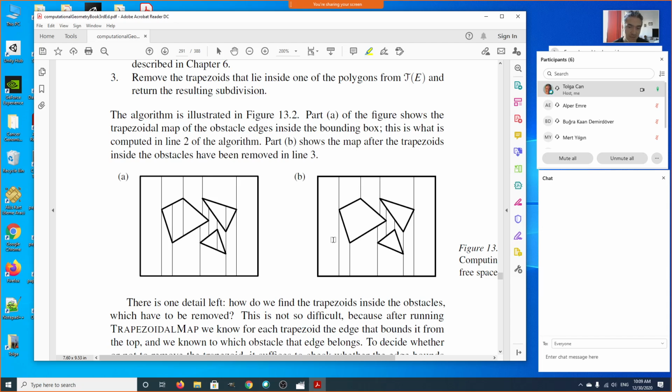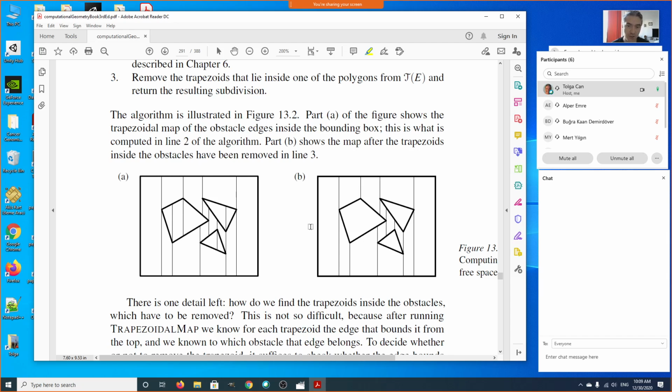This can be established by writing code to determine whether a trapezoid is inside or outside an obstacle. We know the edges of all these polygons, and we know how the edges bound the inside of the obstacle. So if a trapezoid is also bounded by the same edge, we can just delete that trapezoid from our